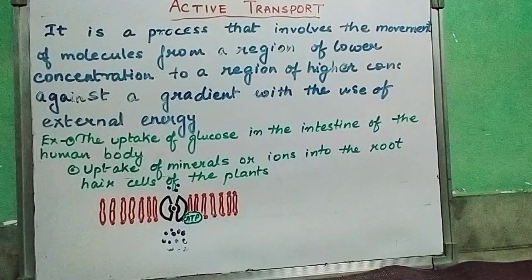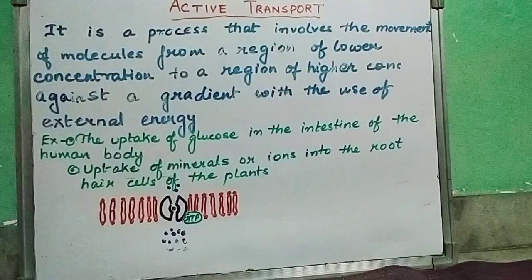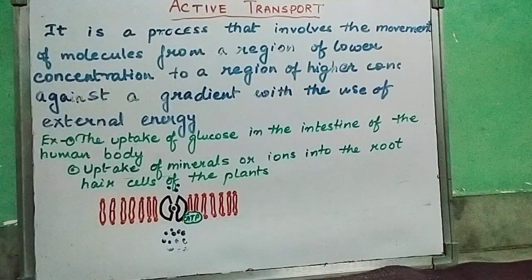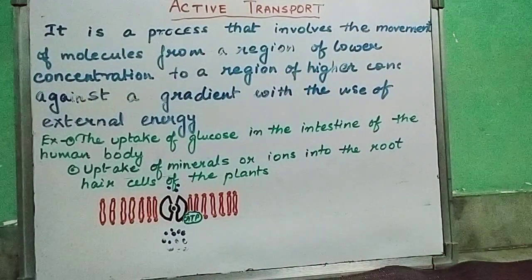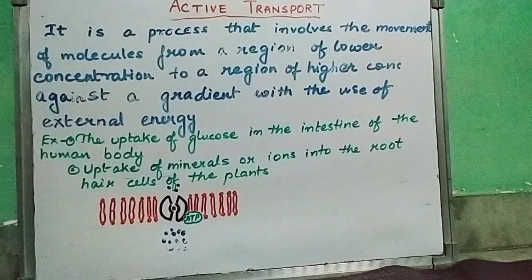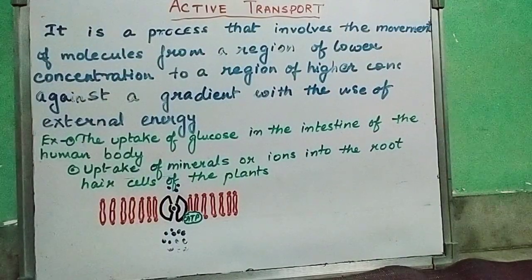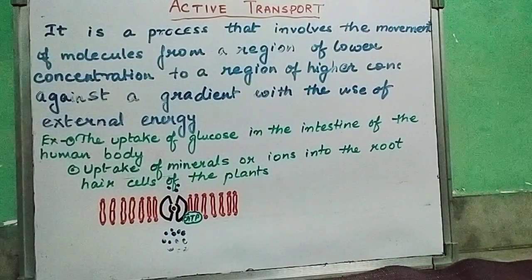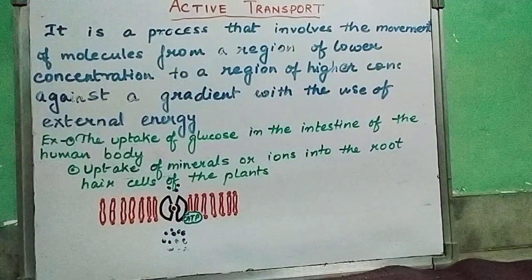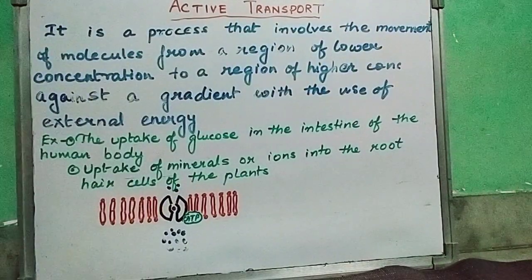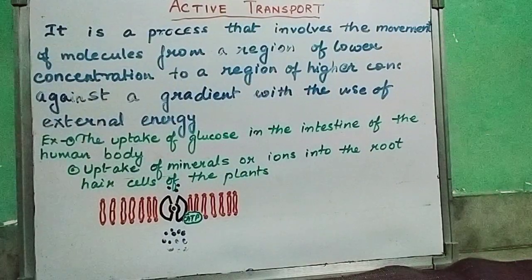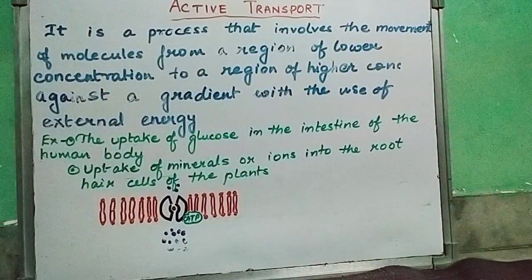Like you know that in a high building the water is pumped. Now what is the meaning of pump? Pumping means use of a motor or a generator to pump the water from the underground basement to the terrace tank. So without pumping, without use of energy from an external source, the water would not be pumped from the lower underground basement to the higher level. So this external use of energy takes place in active transport.